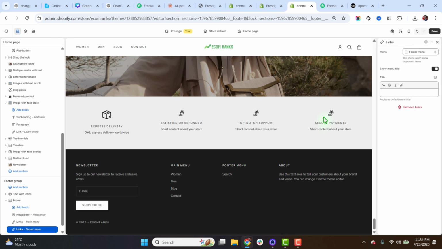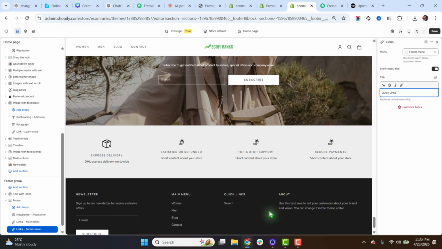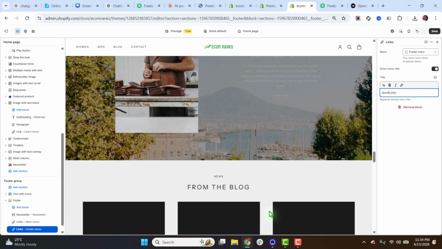And if you want to change its title, just for instance, let me write quick links. So it will change my title to quick links. So this is a super easy way. I have explained it like for a complete beginner how you are able to customize the Prestige theme using your